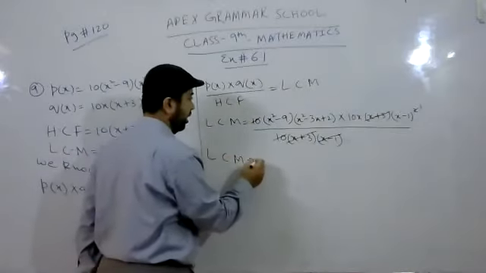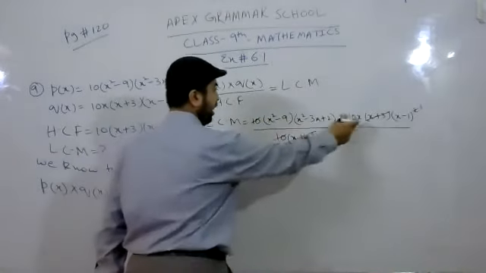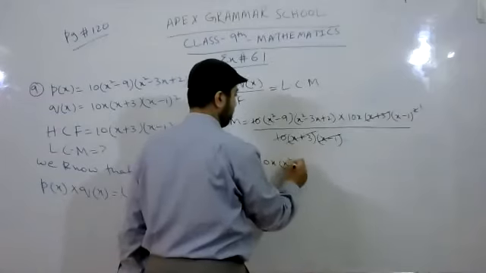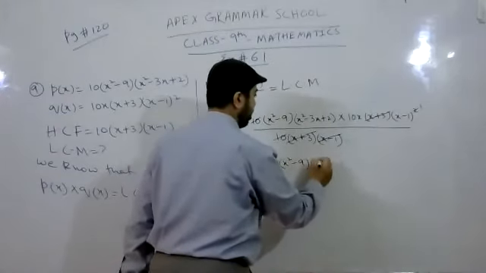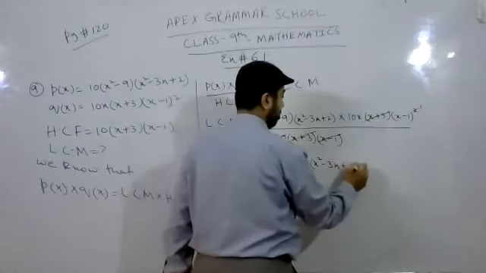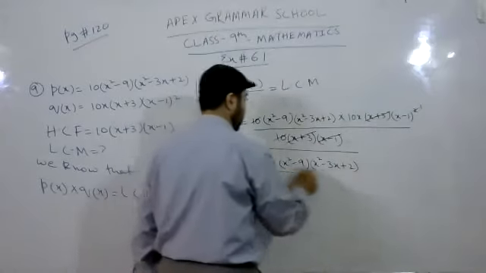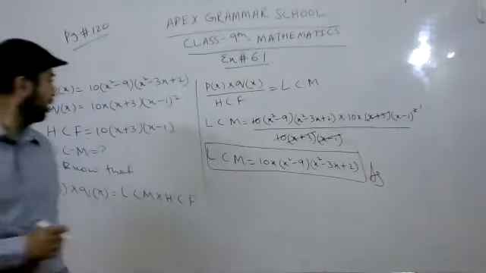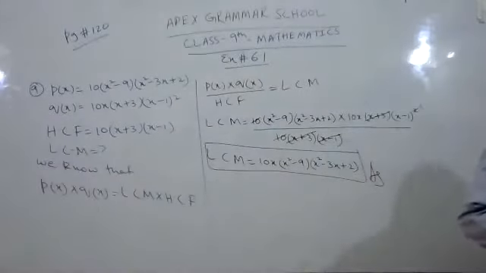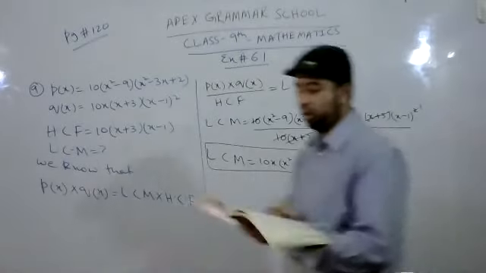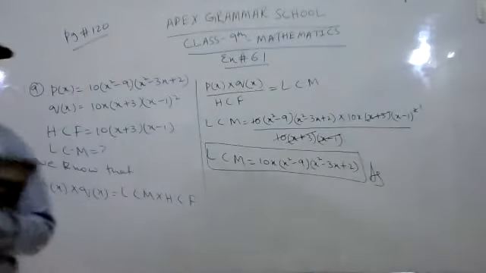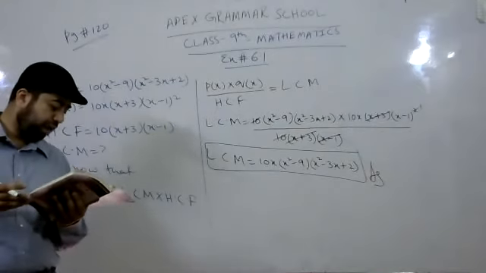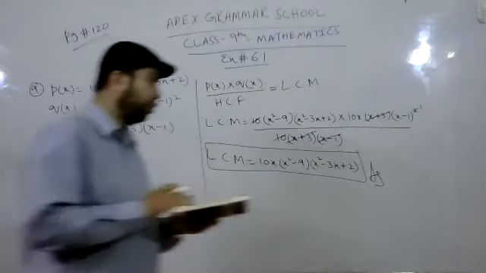So your LCM is x square minus 10x and then x square minus 9 and then x square minus 3x plus 2. And that's it. This was your LCM. You can easily find the value of any unknown variable or any unknown between these four. So you can easily get it. After that, for question number 10,